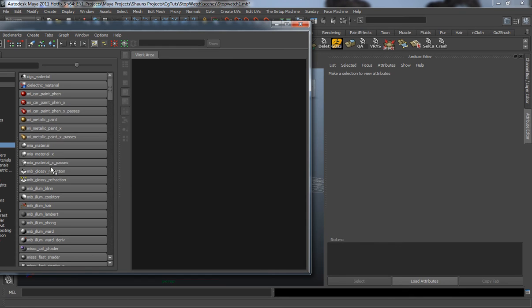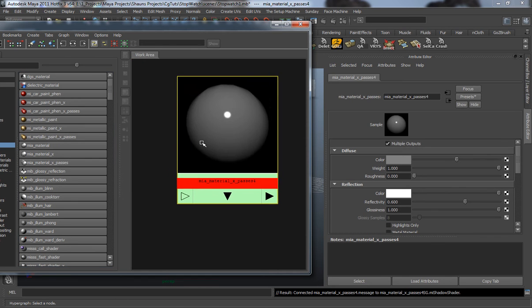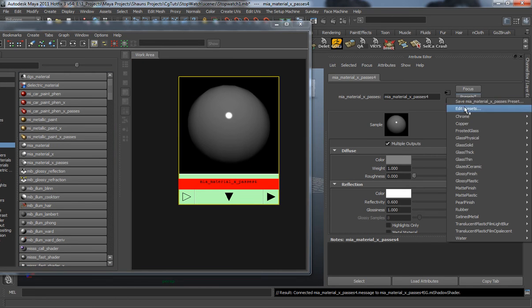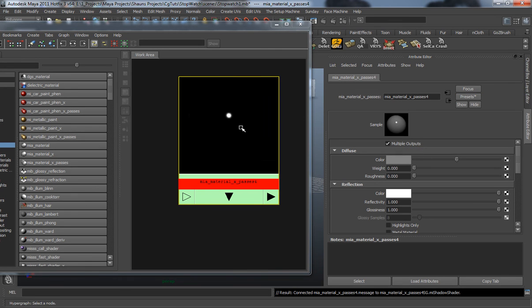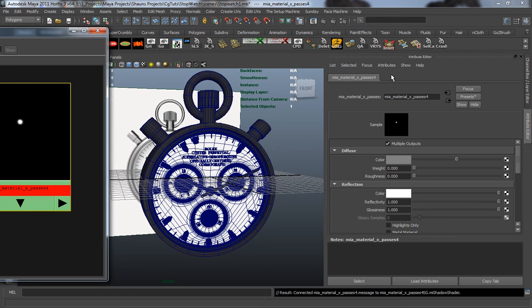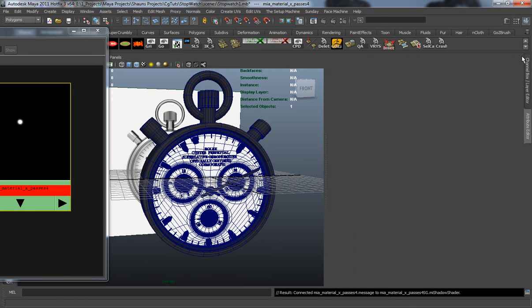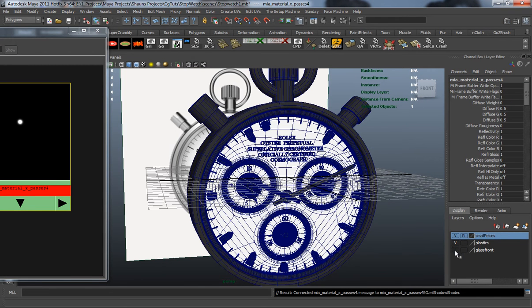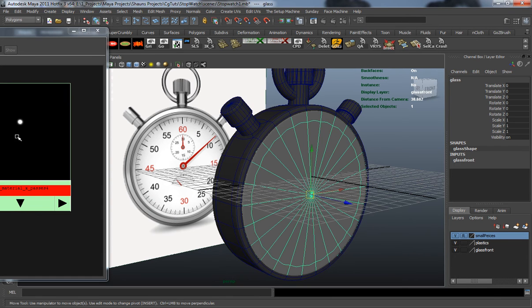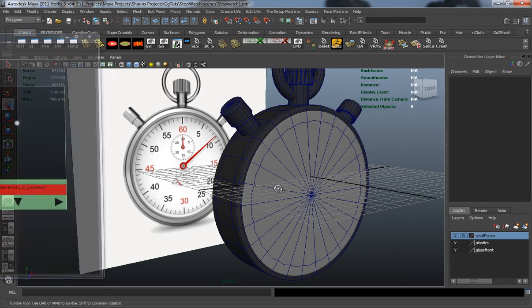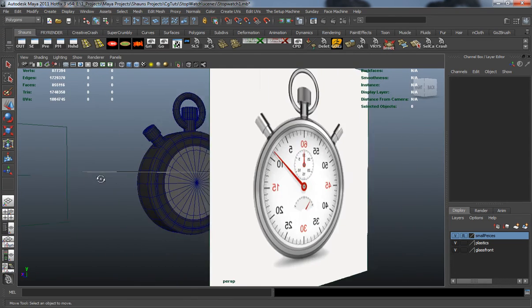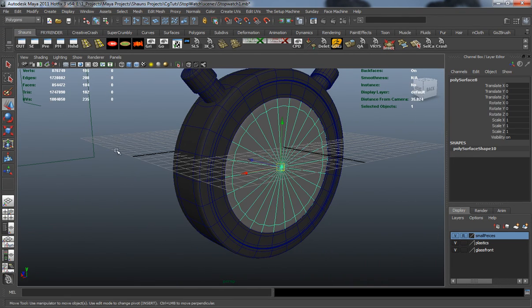Okay, so let's come in here and create one last material, and we'll come up here to the presets and choose something like glass thick. So this is going to give us a thicker glass for our object, and let's go ahead and bring our glass back, and we will go ahead and apply this to our glass. And now that we have our model completely shaded here, oops, except for the back, go ahead and reopen the Hypershade there,